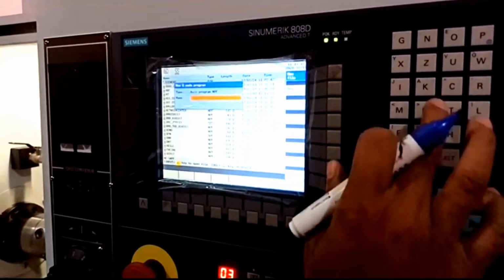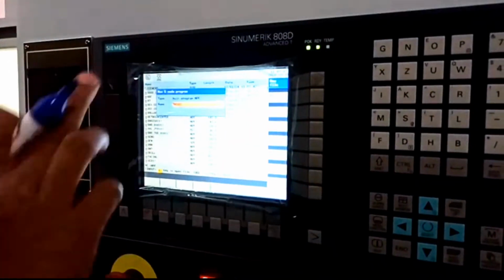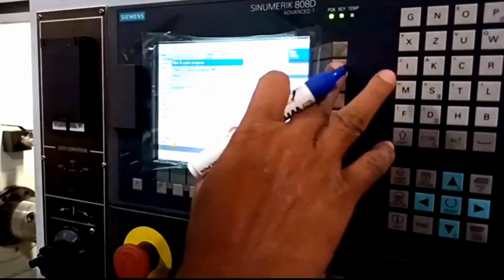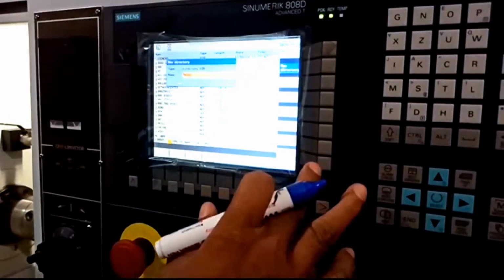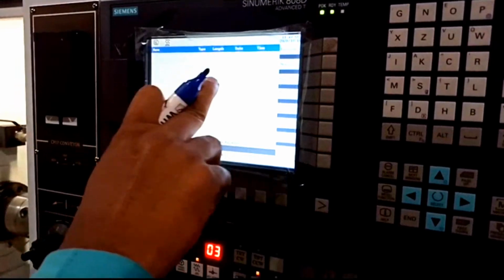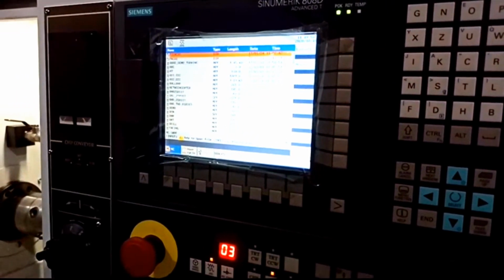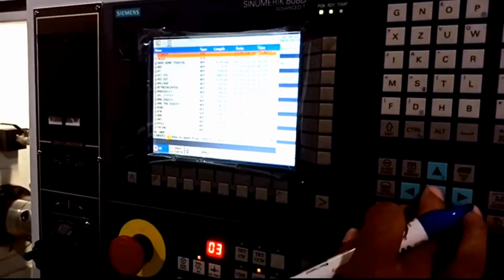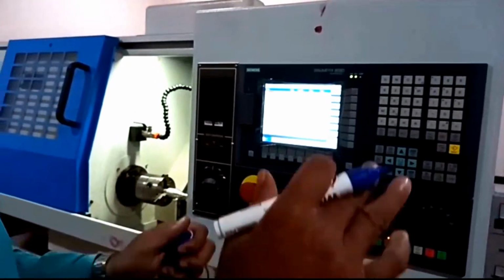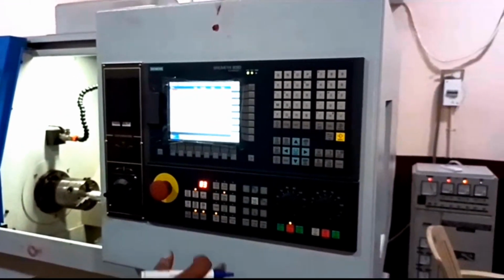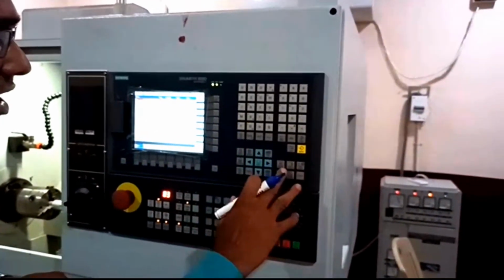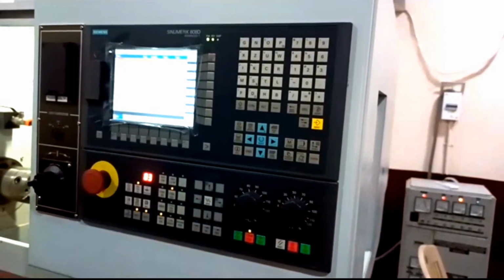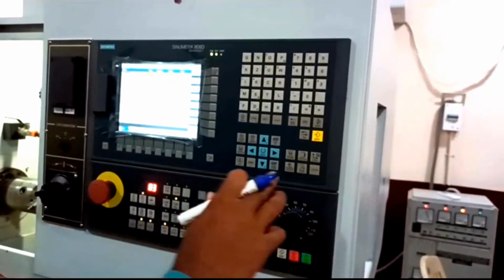Suppose we are giving some name, that is this, and new file, and OK. Now we can write the program here. Clear? And here we are going to save this program. After writing this program, we are going to execute the program. Here we have some program and we are opening it and showing how to execute.